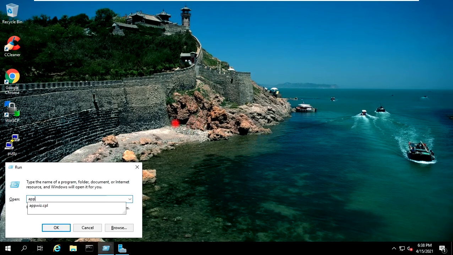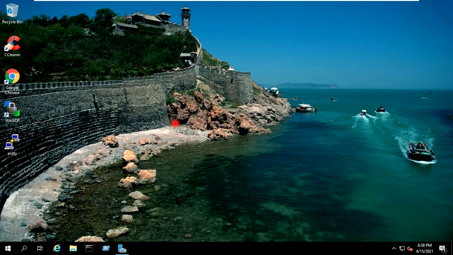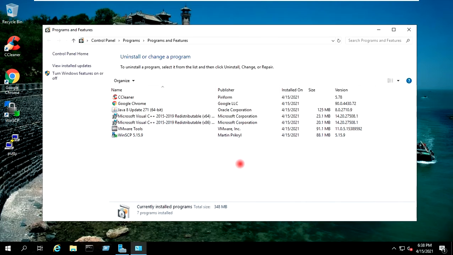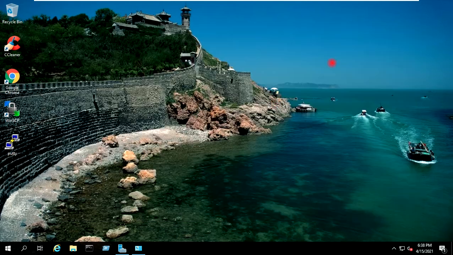If I go to run appwiz.cpl, these are all the required software. These are all the software I have installed in my server. You can install all the required software whichever you want to.